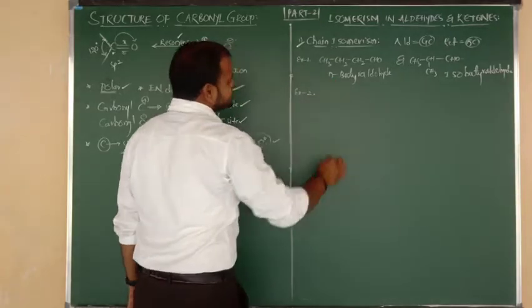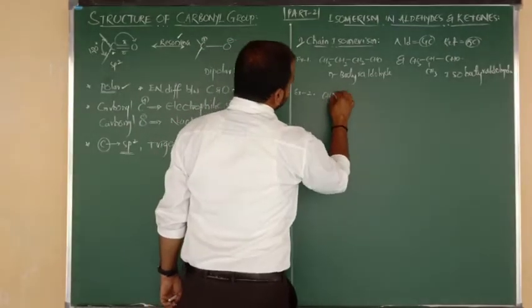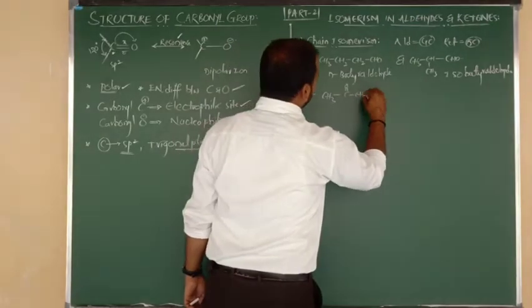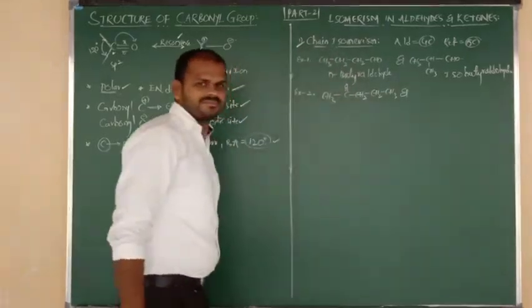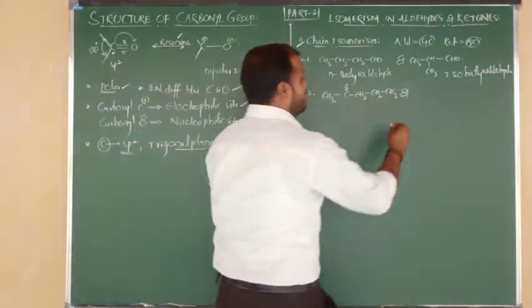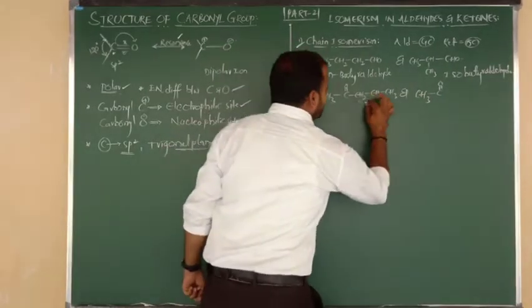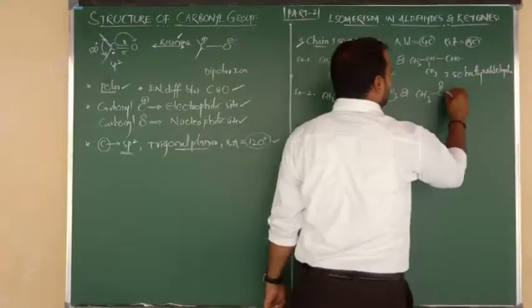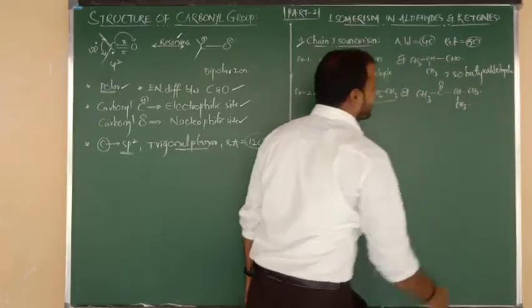Let me consider another example by taking a ketone with minimum 5 carbon. CH3 bonded to C double bond O. Remaining 3 carbons we have to take. So CH2 again bonded to CH2 again bonded to CH3. Listen carefully beta, this is the methyl group and the keto group, and this is the n-propyl form. Such an n-propyl form we can convert into isopropyl form: CH again connected to CH3, and below the plane what do we take beta? CH3.